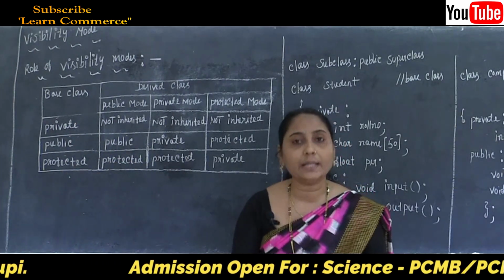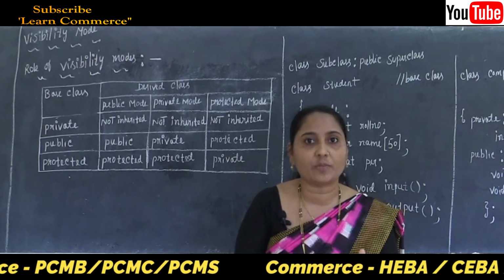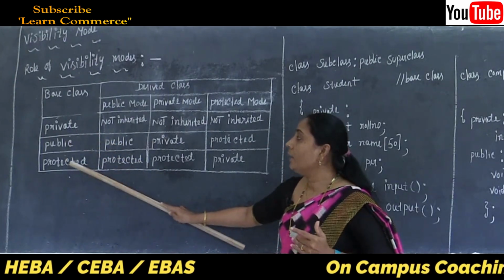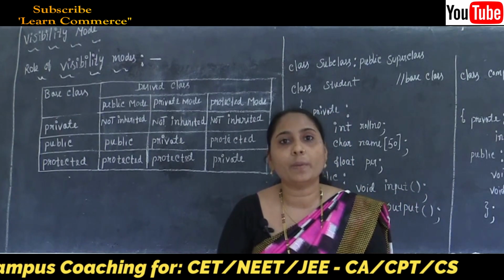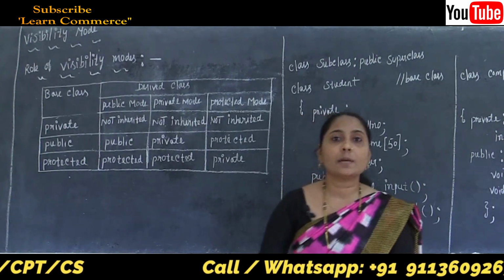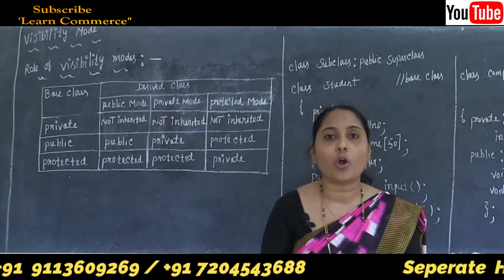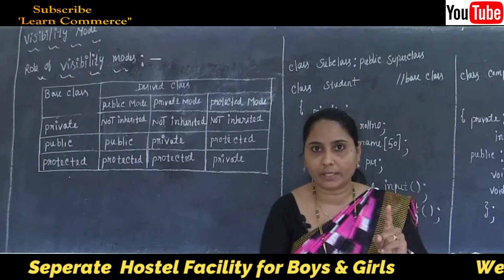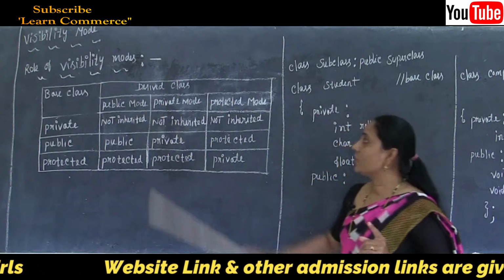So we can say that the visibility mode here basically controls the access specifiers. The access specifiers are private, public and protected, for the inheritable members of the base class in the derived class. Now, I already completed one most important note: all members of the class are inherited except private. Is this clear in the visibility mode?